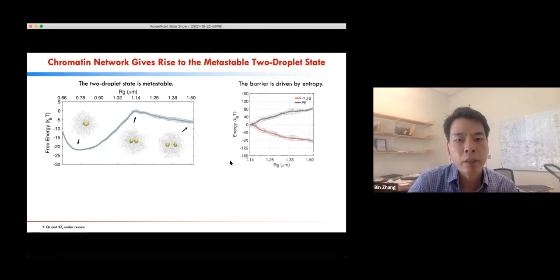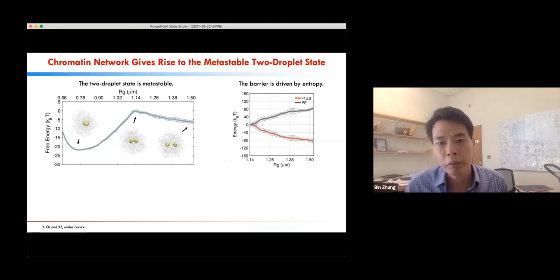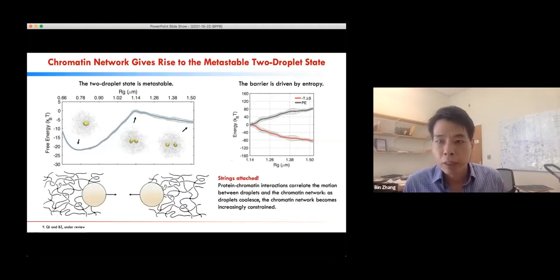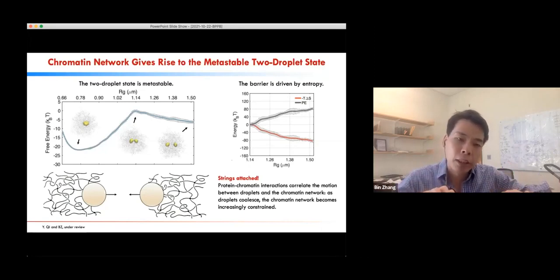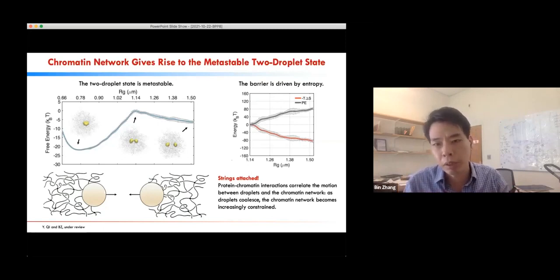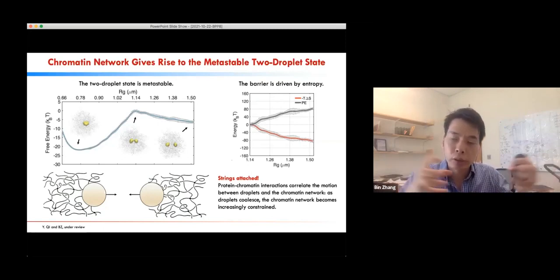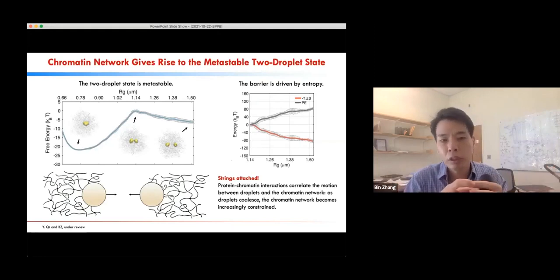And then we tried to understand why we see a barrier here, and we performed a free energy decomposition. We found that the barrier mostly arises from an entropic origin, and then we scratched our head a little bit, and we thought that there could actually be a very intuitive explanation for this entropic barrier. The reason is that the protein droplets are essentially tethered to the surrounding chromatin network because of favorable protein-chromatin interaction. So then, as the droplets try to fuse and move close to each other, they